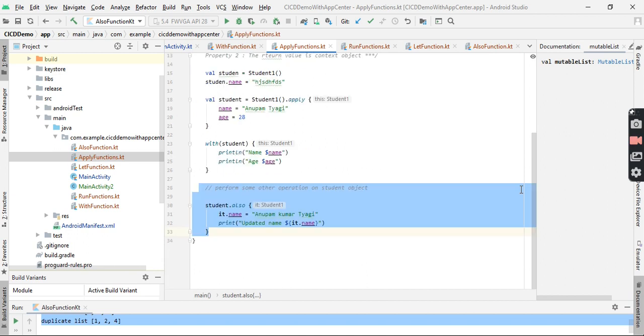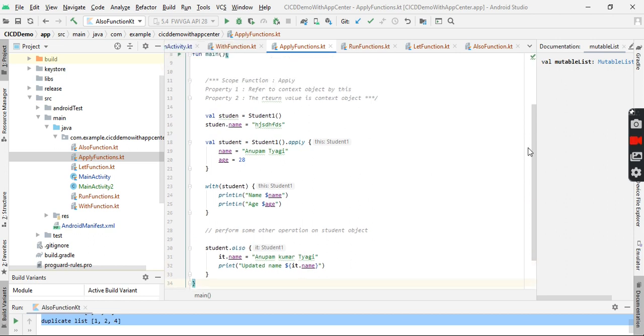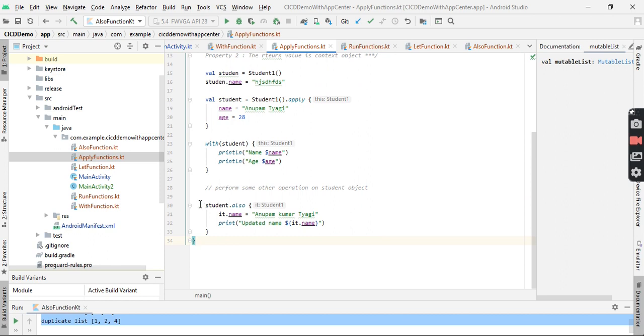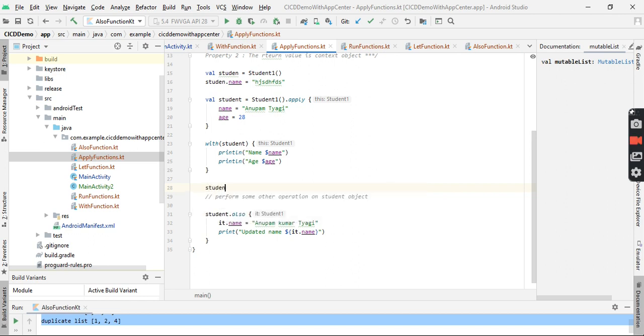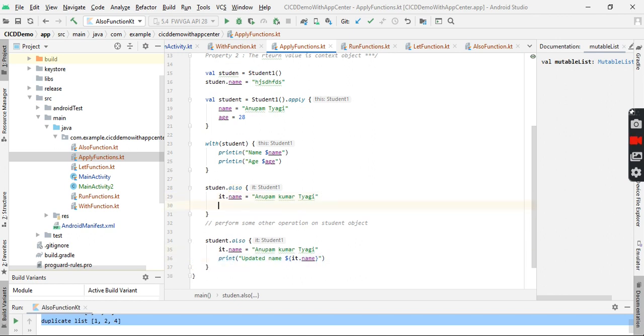Another use of the also function: you can see here in the apply function example, if I want to update the value of the name property, I can directly use the student object with also, and here it indicates the reference, and if I print the value, it will print the updated value.